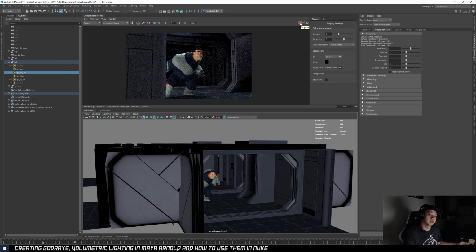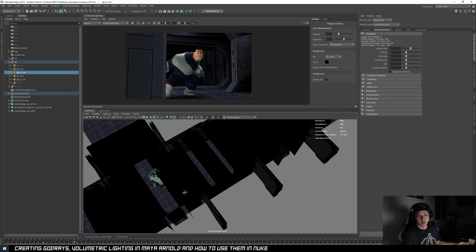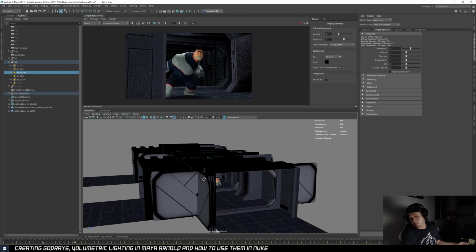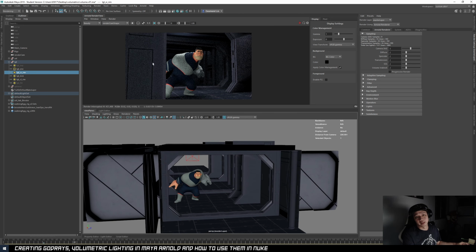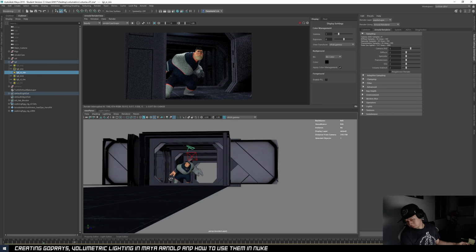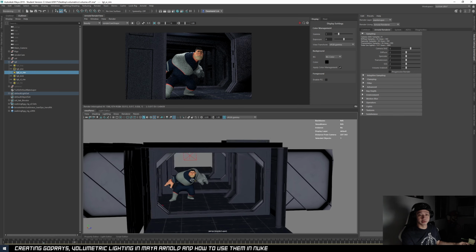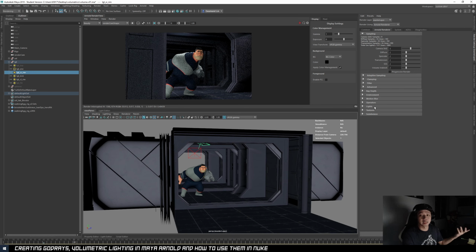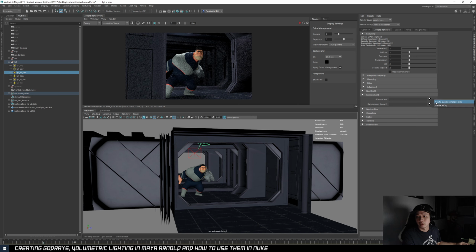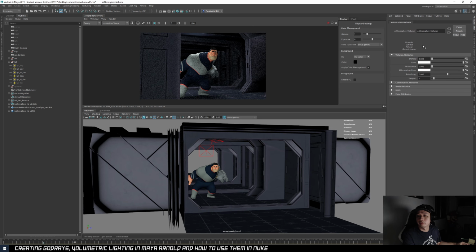Okay, so for example, this scene, I want to add in some volumetric to help give it some different mood. So say I want to add in the first one where he walks into that pool of light. Like I said previously, we will need to go into environment and add the atmosphere volume, and go into the attribute editor and give it some value. So let's just start with 0.01.